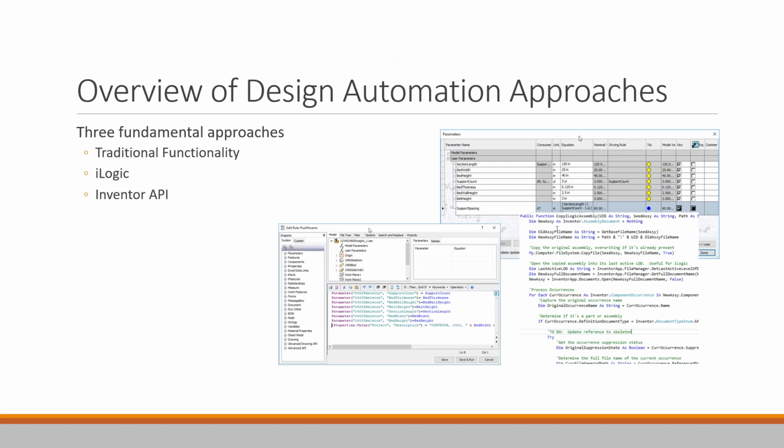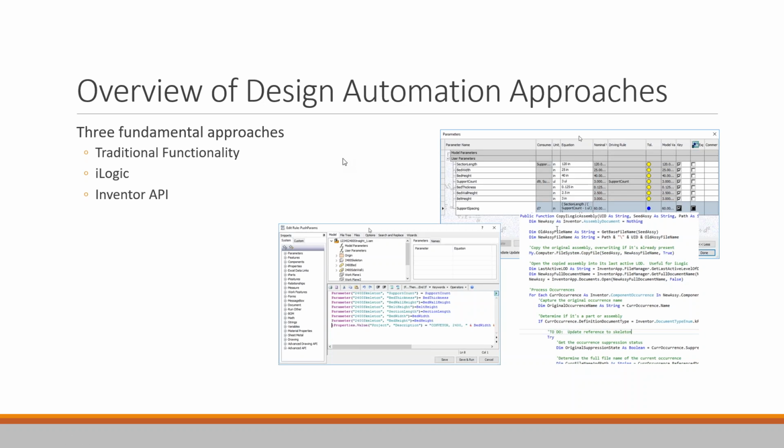So the approaches, at least the way I delineate the approaches to design automation in Inventor: we've got the traditional functionality. We have iLogic, which was added in around maybe the 2010, 2011 timeframe. It was available as an add-in for I think a year or two before Autodesk acquired it and integrated it into the product. And then of course the API, which has been around as long as I've been using the software, since 2001, and is pretty stable, but it gives you really fine-grained control over what you do with Inventor